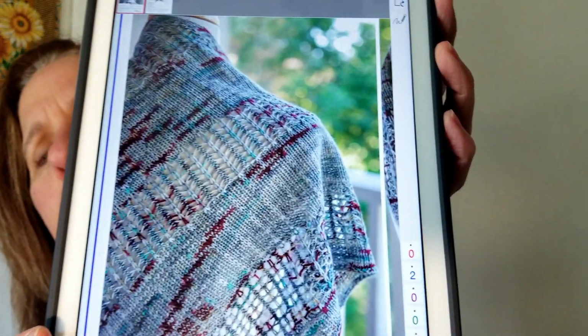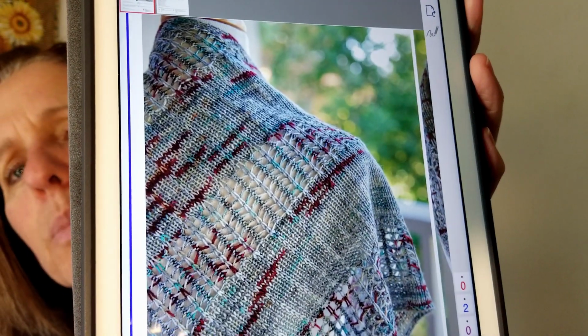So I haven't done a lot of knitting. The one knitting project I've been working on is the Autumn Road piece. And it looks like this. Isn't that pretty? This is by Hill Country Weavers, which is down near Austin. And the yarn, it's not thread, it's yarn, is